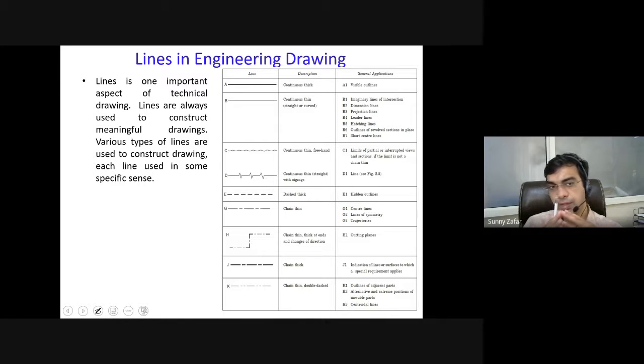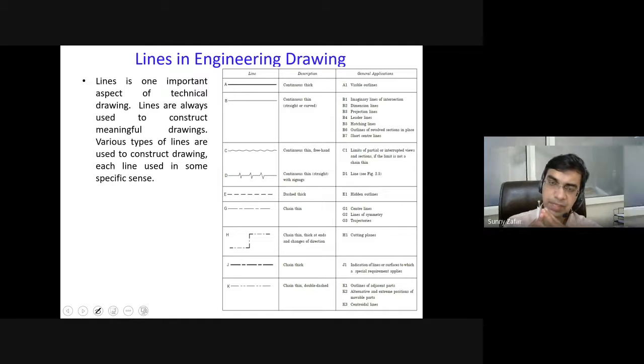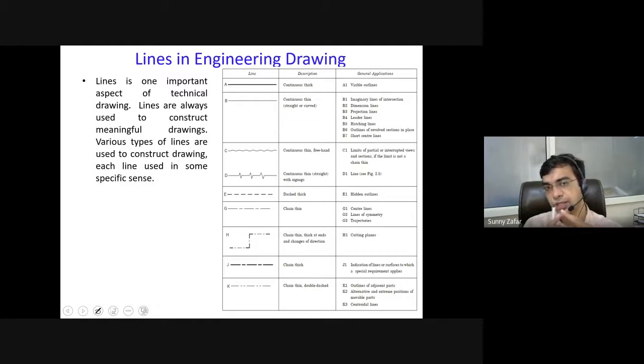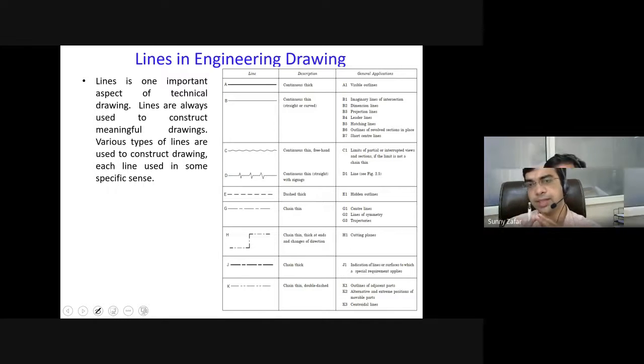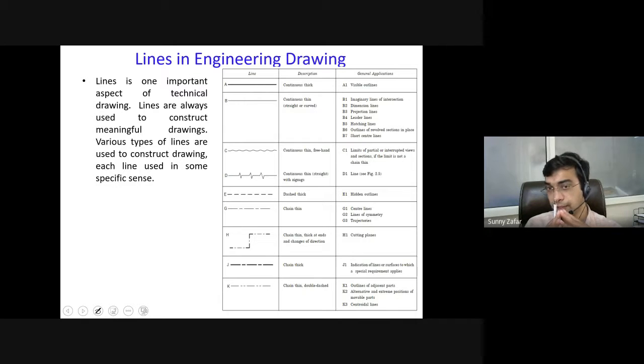But the importance of lines is that in any machine drawing, they indicate very important aspects of that drawing. Nowadays, with the flexibility of computer aided drawing software, the software automatically picks the right line for you. But knowledge of these lines becomes very important when you are reading a particular drawing. It is your knowledge of those lines that will help you have a complete picture of that component.